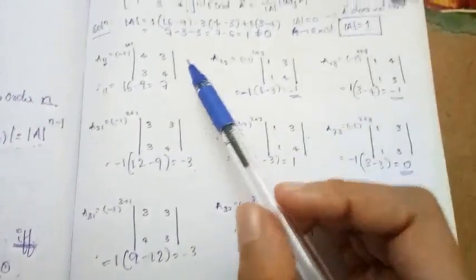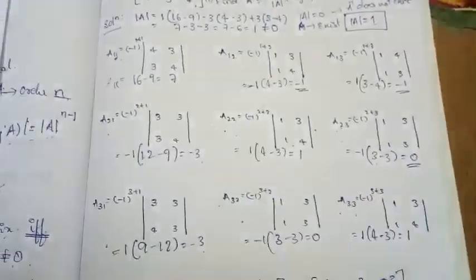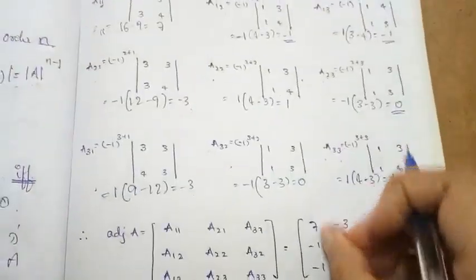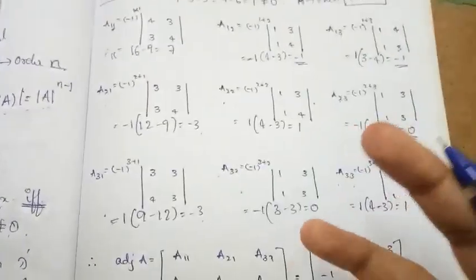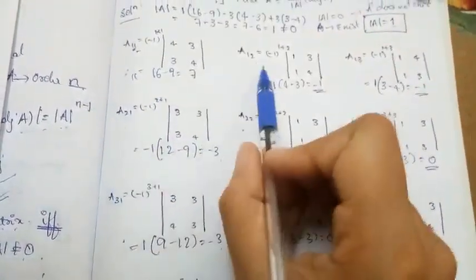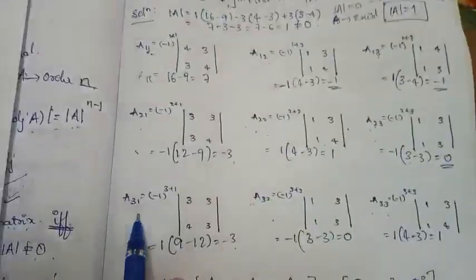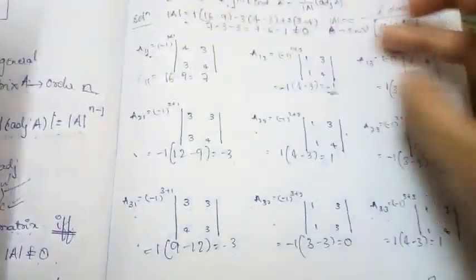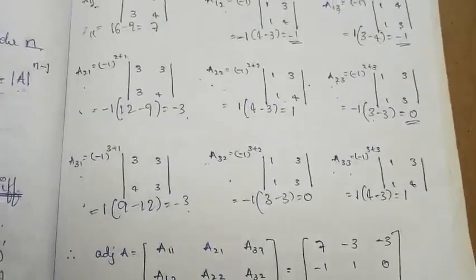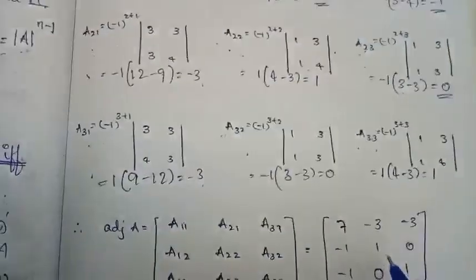If you write like this, it is also okay. If you get confused about rows being changed into columns, it's better to write A11 here, A12 here, A13 here. I mean, what you have written row-wise, you can write column-wise, and later write it as it is in the adjoint of a matrix. So there will be no confusion. Okay, now you got the adjoint.